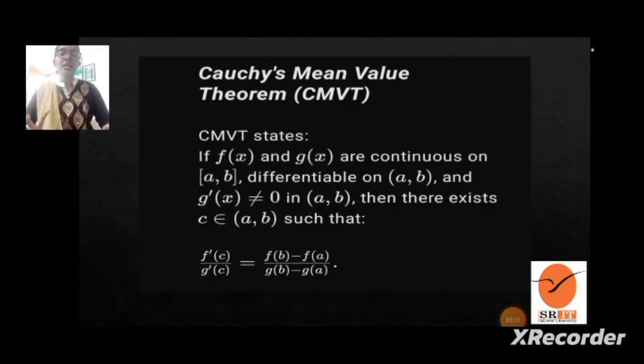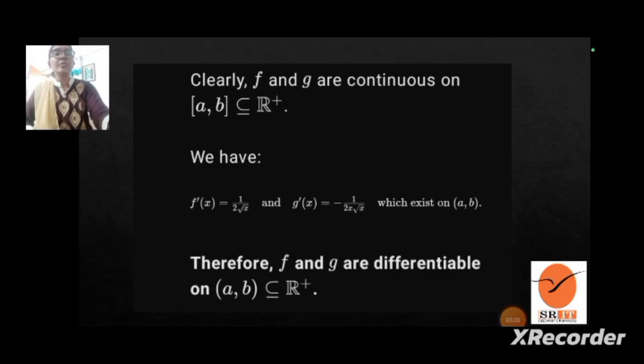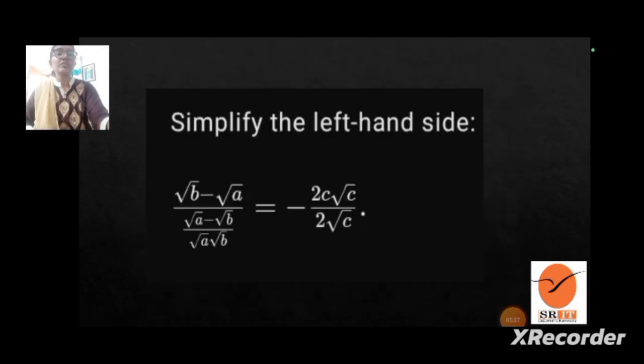It perfectly fits the statement: f of x and g of x are continuous in the closed interval [a, b] and differentiable in the open interval (a, b), and as g dash of x is not equal to 0 in (a, b), we have got the result. Thus it perfectly satisfies